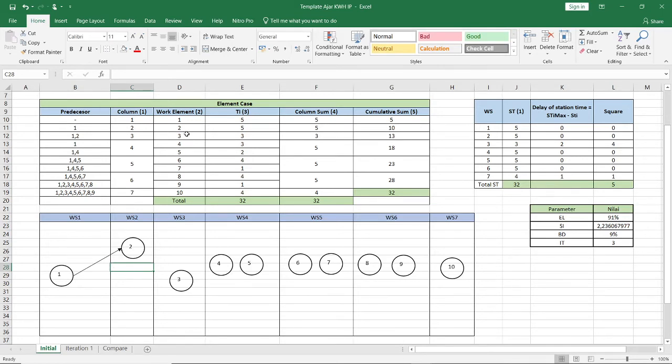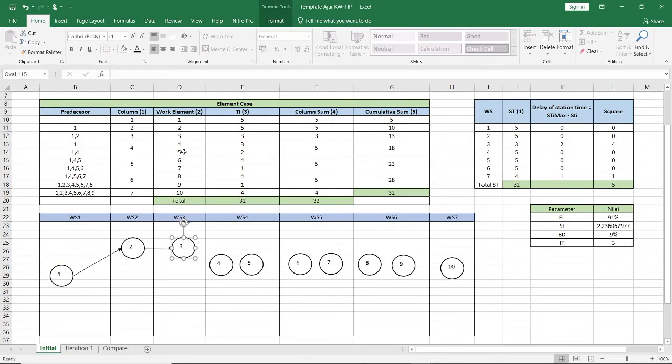Now move to the third work element, right here. Please take a look. The third work element has two predecessors, the first work element and the second work element. So we put it right here. Then we can draw the arrow from the second work element to the third work element like this.